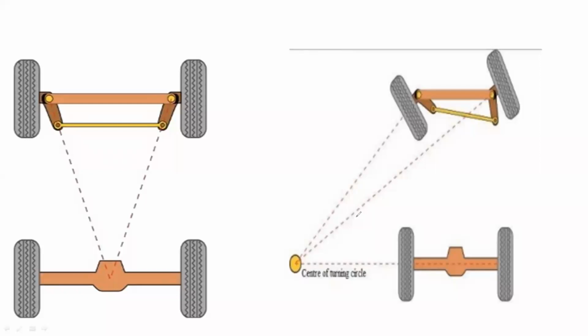So the maximum turning occurs when the center point of the rear axle wheel is involved. If maximum turning occurs, the vehicle should turn on the roads in any direction, that means a left side turning or right side turning. So any type of turning we can take, and we can maintain the maximum turning of the front wheels.